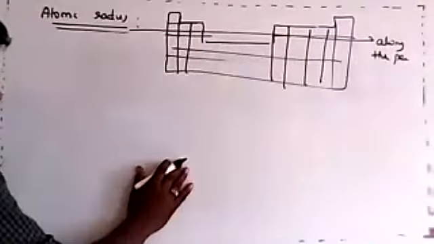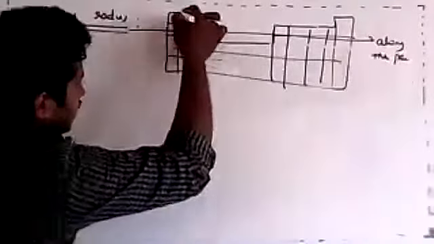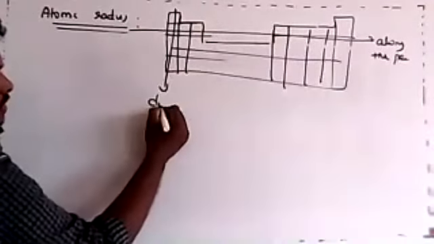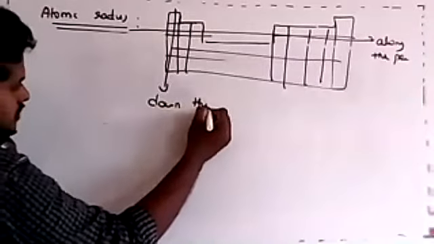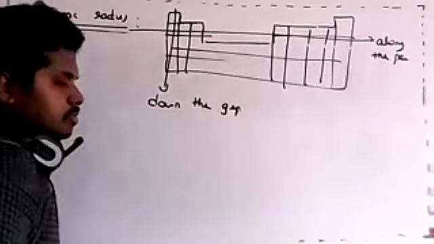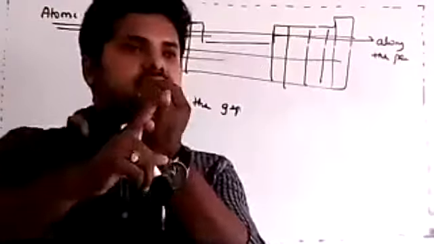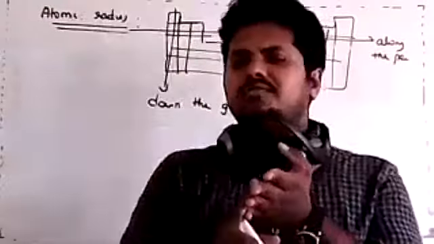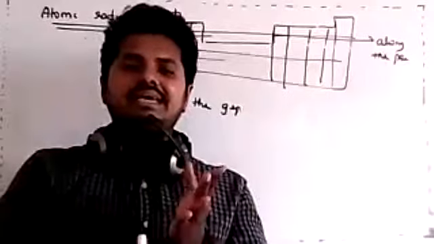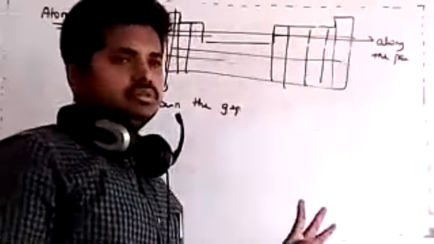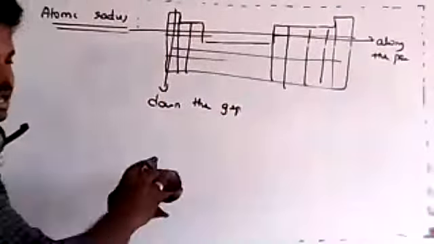Okay, dear students, this is what you call a along the period, and this is what you call a down the group. Whenever I'm talking about any of the periodic properties, like the atomic radius, ionization enthalpy, ionic radius, or whatever, we mainly need to compare along the period and down the group. Let us have a comparison along the period and down the group.